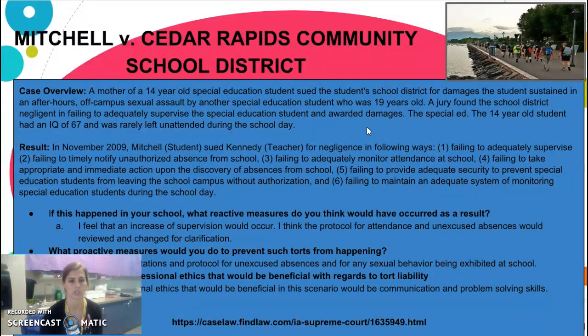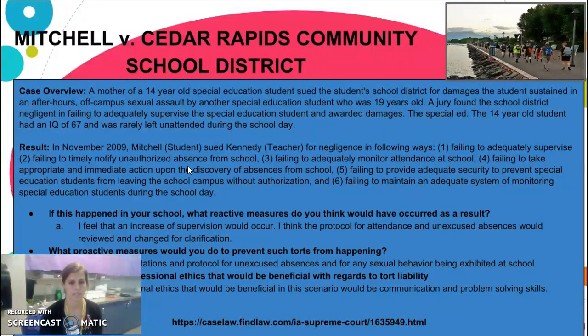They had unexcused absences, but nothing was followed up from it. Also, they were just stating that these are the kids with the severe needs. They should have had more supervision. And the two kids also were seen kissing earlier on in the school year, so they should have been talked to about their sexual behaviors.